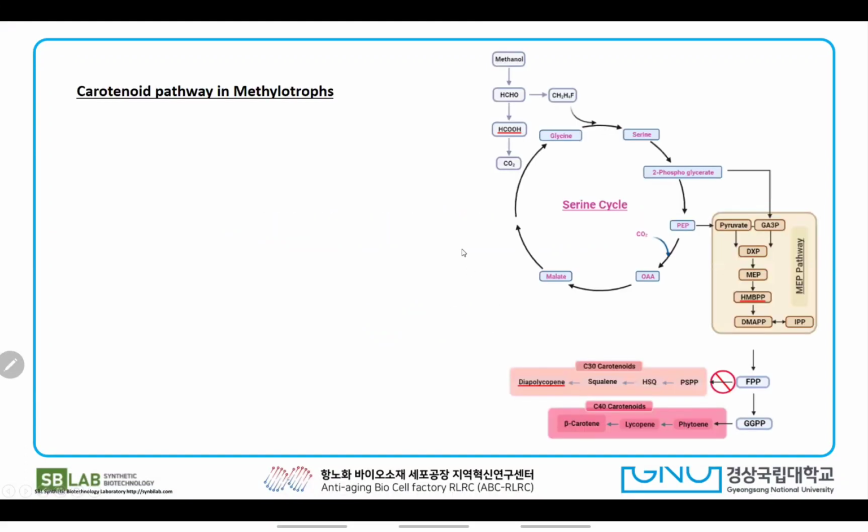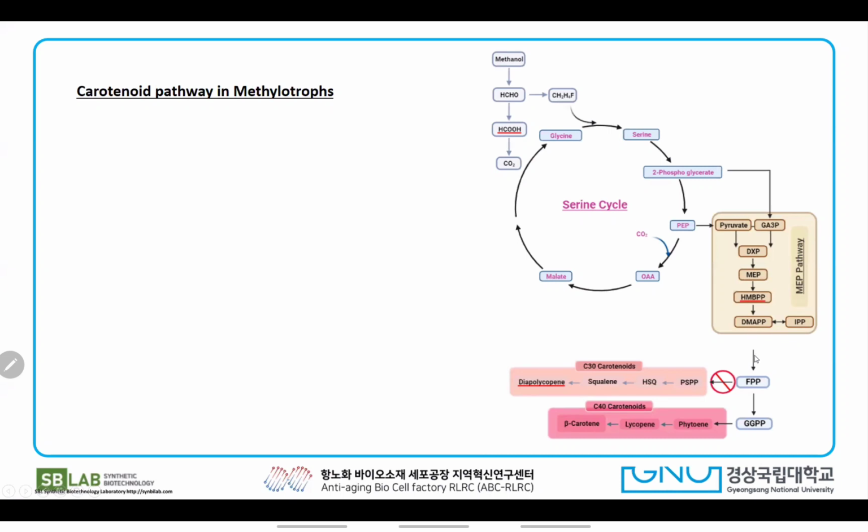So based on our organism, the carotenoid pathway in methylotrope works like this. Methylotrophs can use methanol as a carbon source. Using this methanol, it will enter the serine cycle, and from there through the MEP pathway, the natural carotenoid production